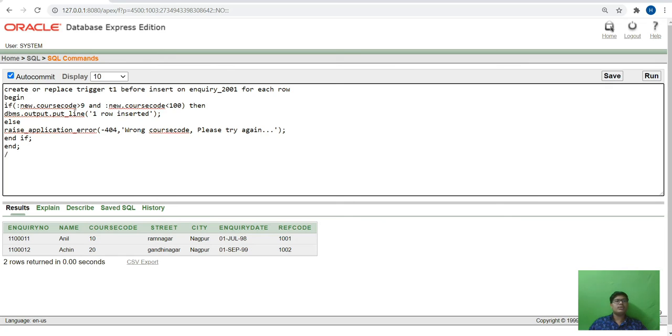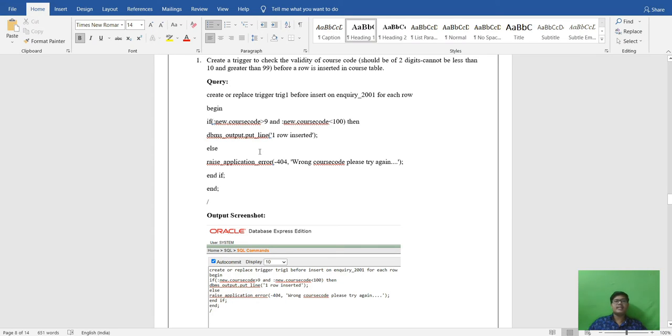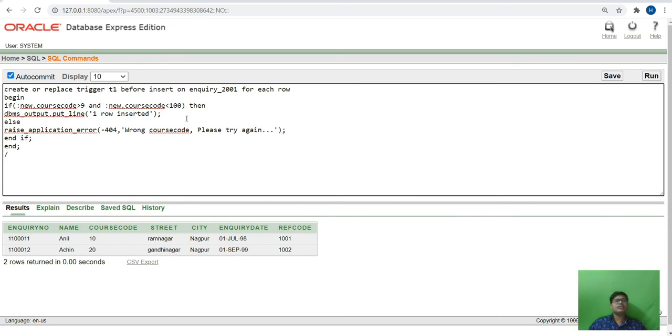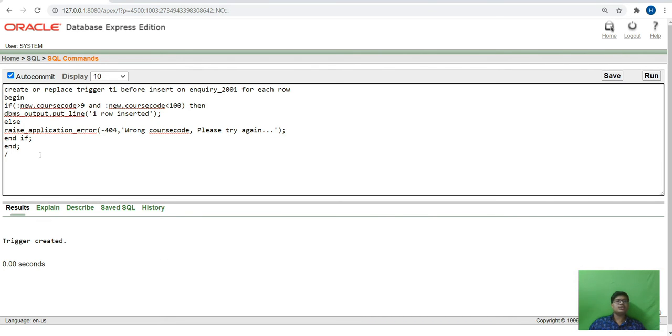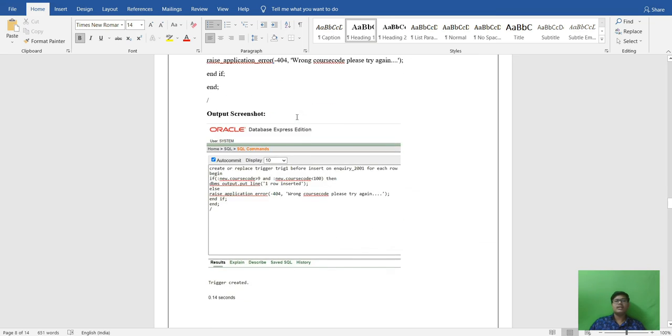It will begin: if new course code is greater than 9 and less than 100, then dbms_output.put_line shows one row inserted. Else it will show that the wrong course code is entered. When we run this, it will show the trigger is created. If the user tries to enter a course code less than two digits or greater than three digits, it will show one error. Okay, so the first question is done.